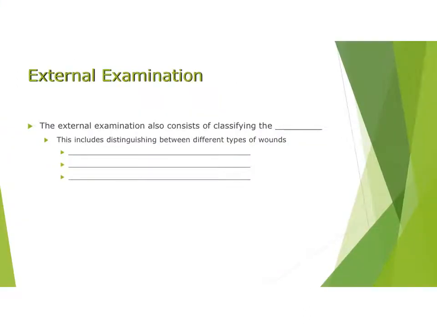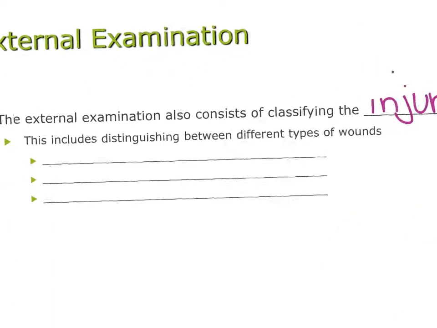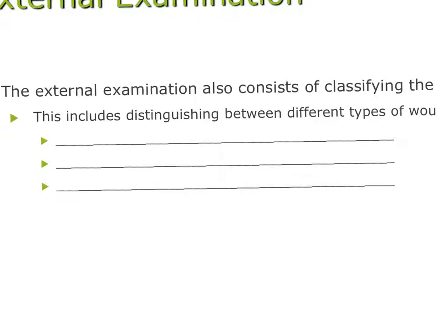The external examination also consists of classifying the injuries. So when you classify your injuries, you're going to be looking at the different types of wounds, and there are 3 main types of wounds. The first one,